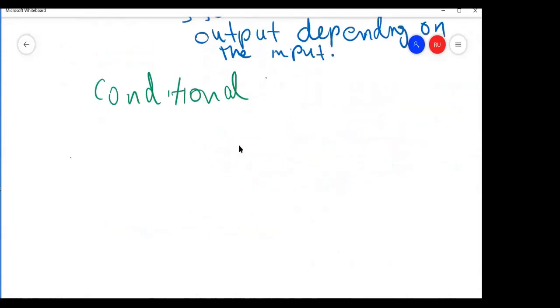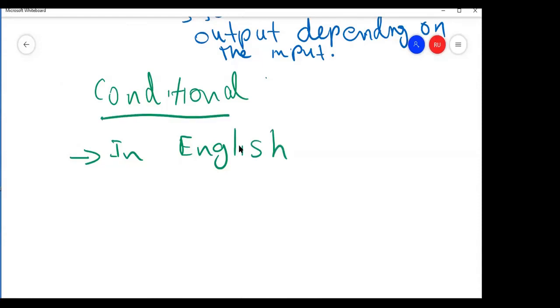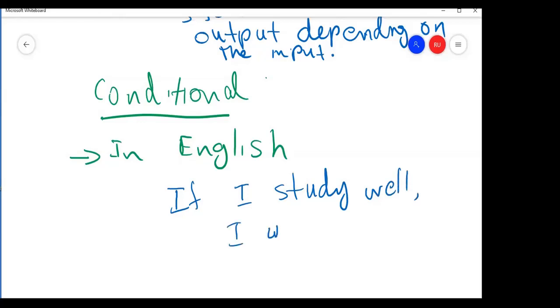So how do you do it in English? How do we use conditionals? We use if. If I study well, something like that, I will be able to pass the exam.